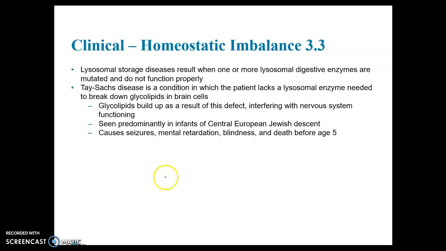Tay-Sachs disease is a condition in which the patient lacks a lysosomal enzyme needed to break down glycolipids in brain cells. So these glycolipids, which are lipids that have carbohydrate chains attached, build up in the brain, and the brain becomes kind of fatty. And because it is genetic, we do see this more in the Jewish race, particularly the Jewish race from